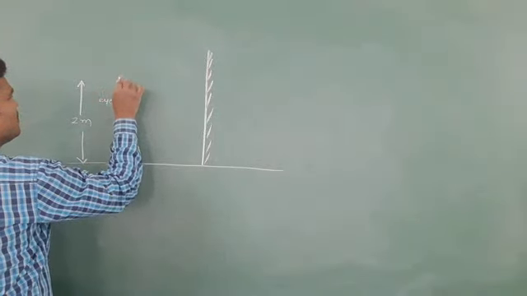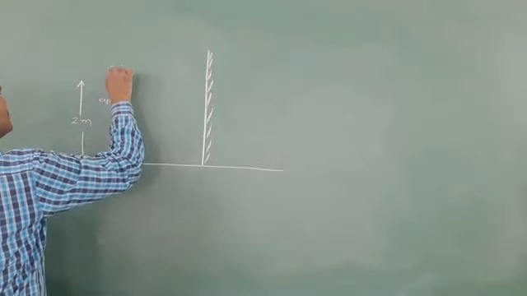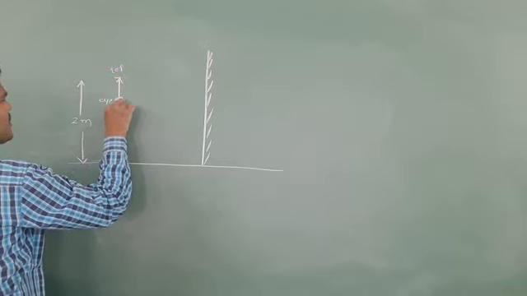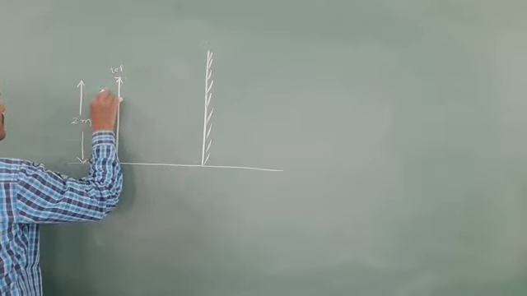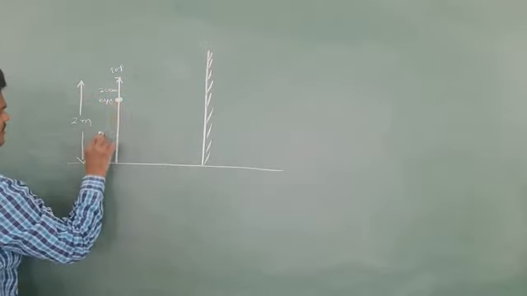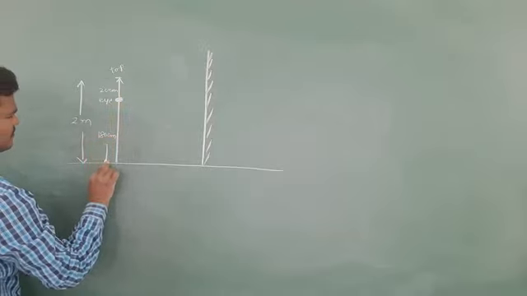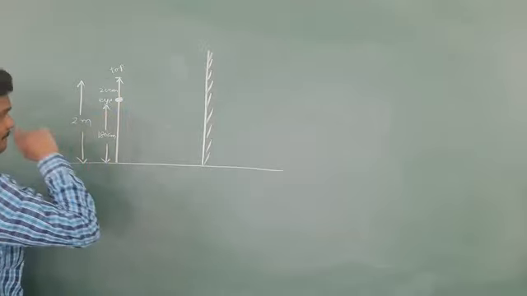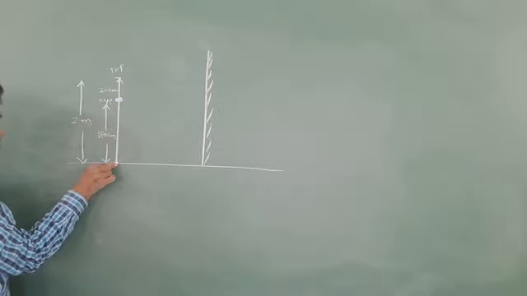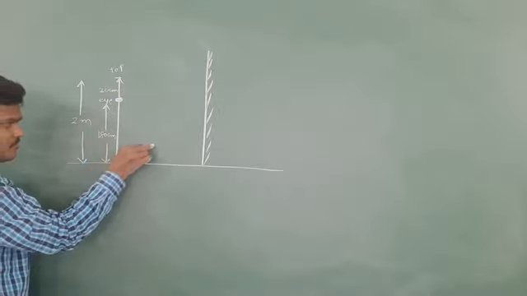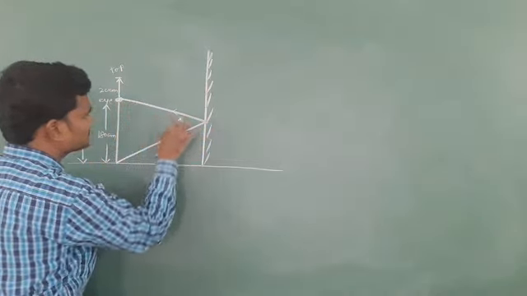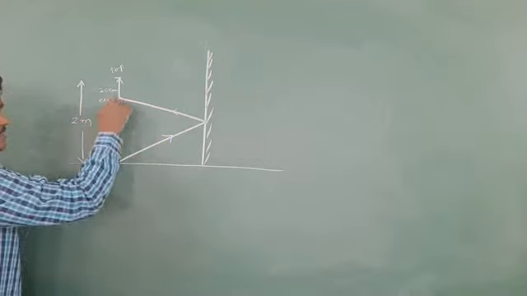I drew it a little bit big. This is the top, the forehead level. This is the eye level. Every ray has to reach here, only 20 centimeter. 20 centimeter below means the eye level is at what height? Eye level is at 180 centimeter. He wants to see his full image, which means one of the light rays has to come from the bottom and reach the eye level. See, this is 180.